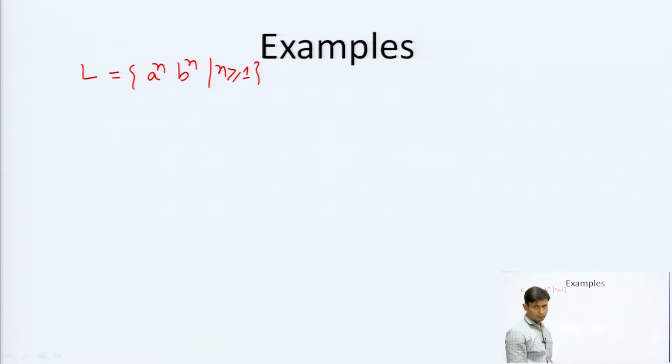So, already we know this language is not regular, this is a context free language. You will check that if you use the pumping lemma for regular languages, you can prove that the language is not regular, and this is a context free language. Also, if you check the pumping lemma of context free language, this will satisfy all three properties of the pumping lemma in context free language. So, this is a context free language, we can have a push down automata for this, but